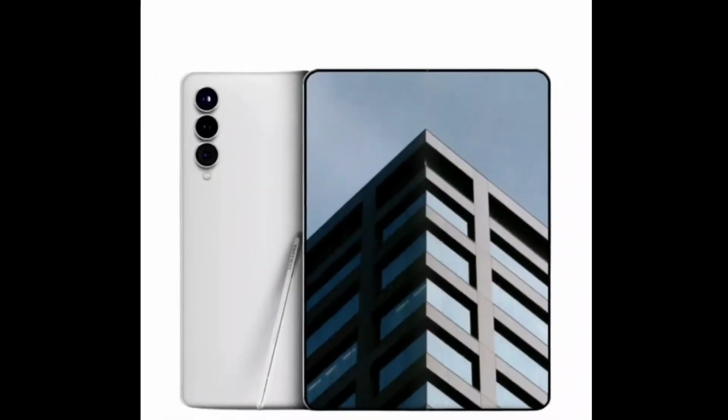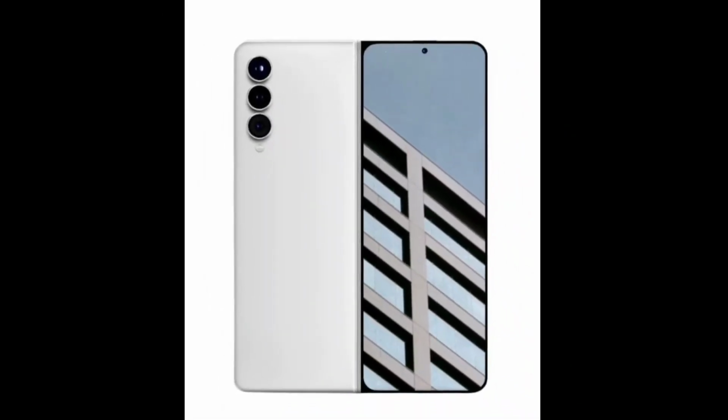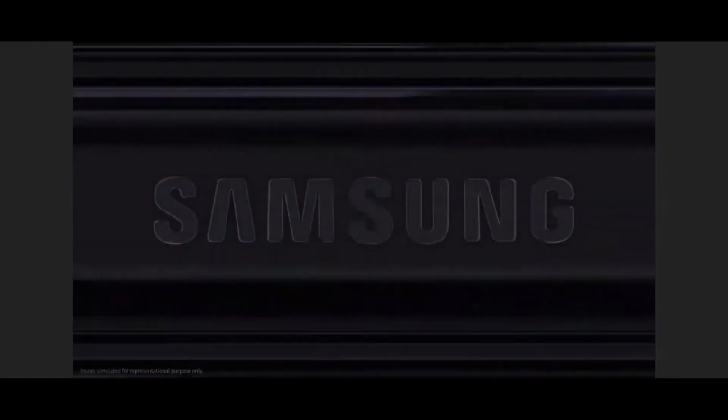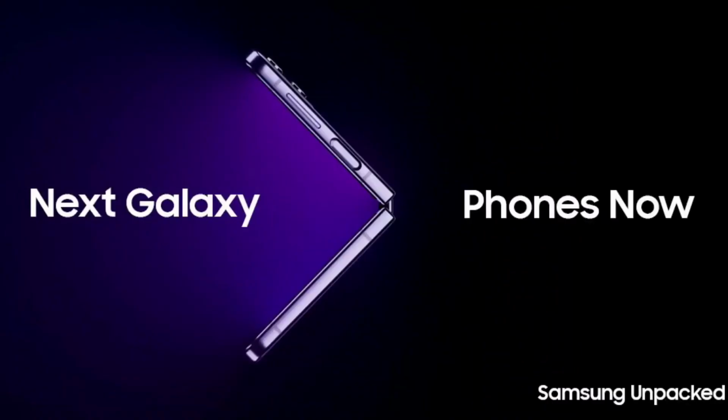The next generation of foldable from Samsung is right around the corner. Let's have a look at the teaser of the Z Flip 4, which has been made public by Samsung recently. In the teaser, we can clearly see that the Samsung Unpacked event is on August 10, which is just a